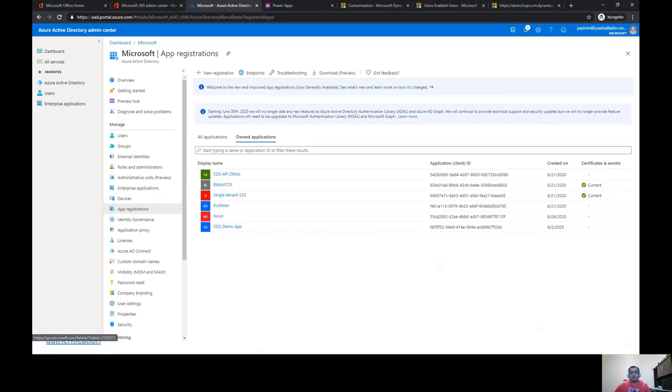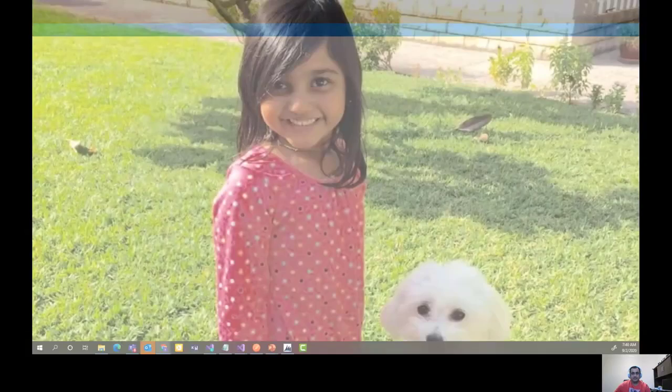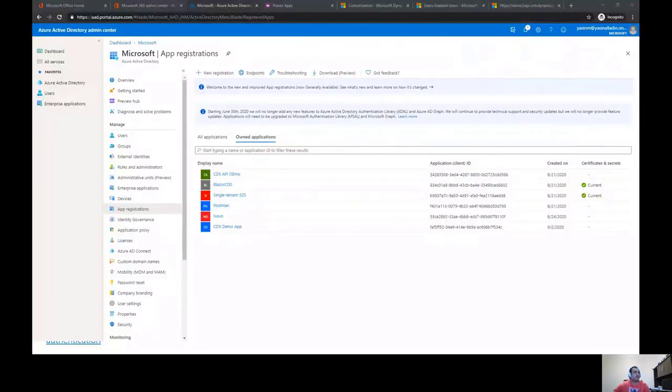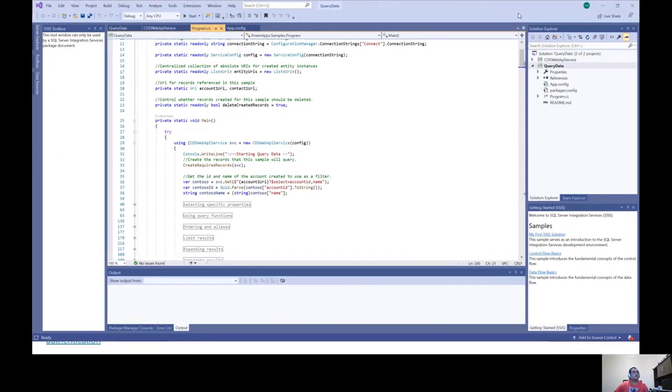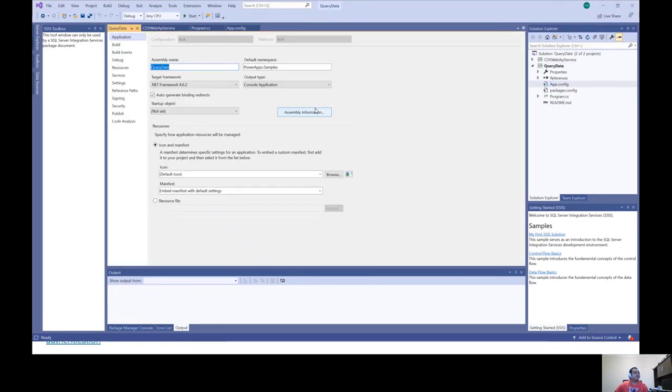So with that, I'll move on to the application that I have created, and I'll open my web config file.